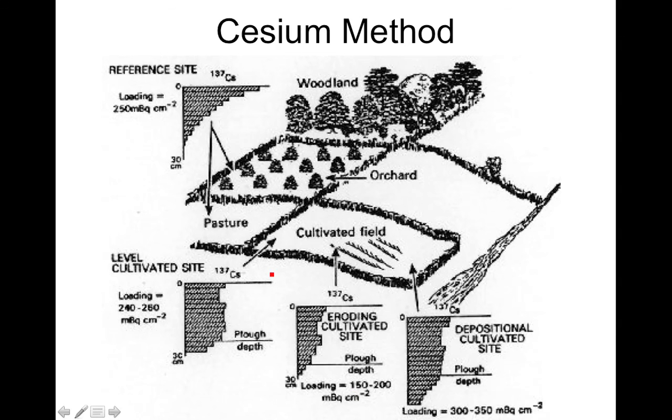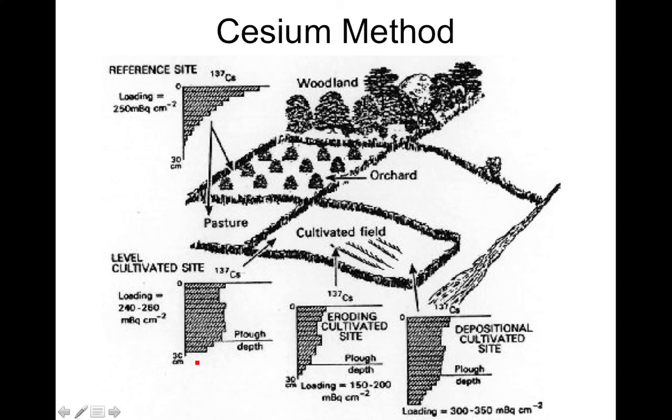So, for example, we have a reference site at the top of the hill, and you can measure the cesium concentration as a function of soil depth. And then as you move, say, off the top of the hill down the slope, you get very different cesium profiles in the soil, and that can tell you about what's happening. In this case, we have a plough layer which has mixed up that cesium in that soil surface. So we've got mixing and potentially movement of particles with time. And so we get a uniform distribution of cesium with depth down to this point,